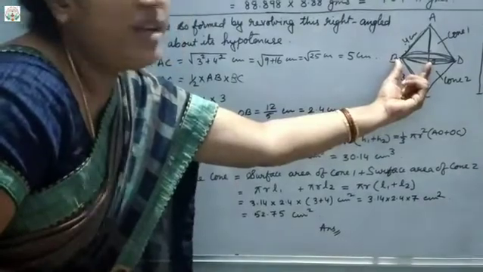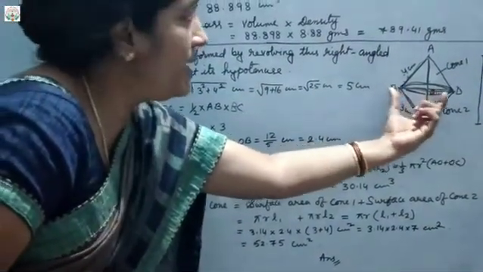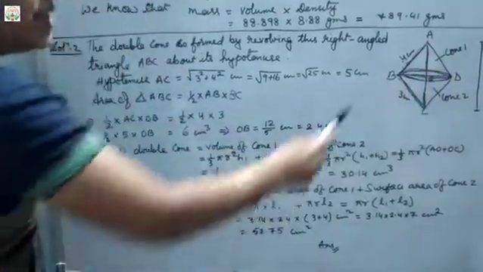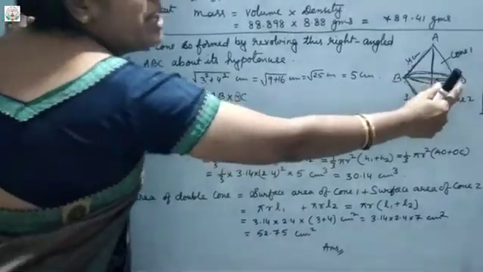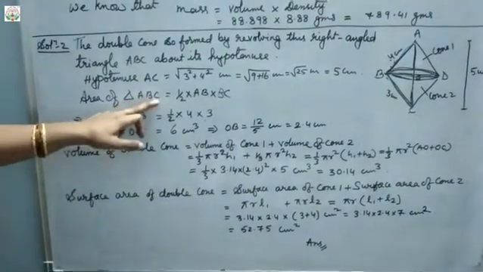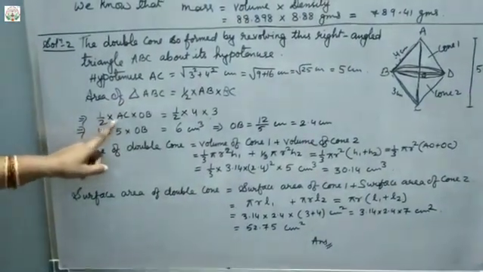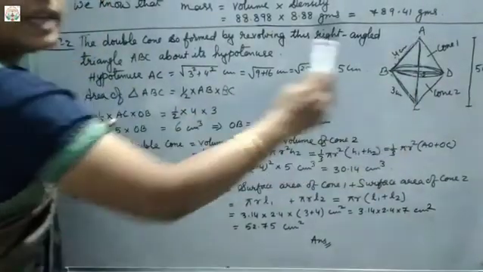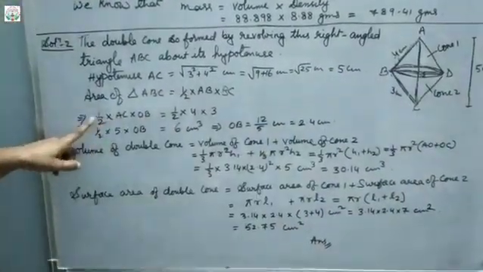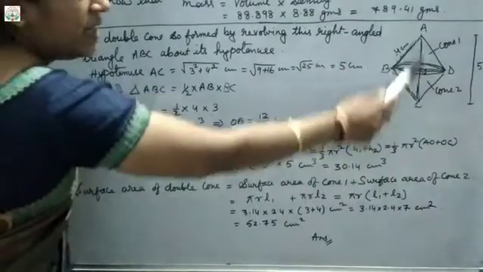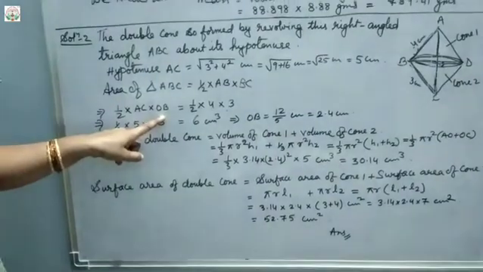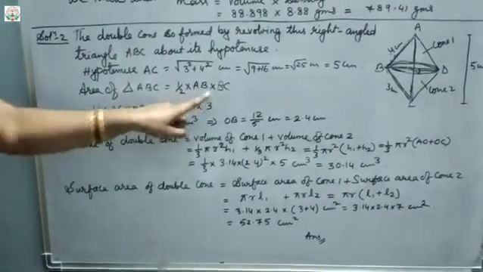In triangle ABC, OB is the radius, and BD is the diameter of the cone. Both the cones have the diameter BD. So OB and OD will be the radius, right? So the area of triangle ABC is equal to what? Half into, this is the base now, AC will be the base, okay? For this triangle again we are assuming, okay? So half into AC base, and the height will be OB, the radius. Clear? OB will be the radius.